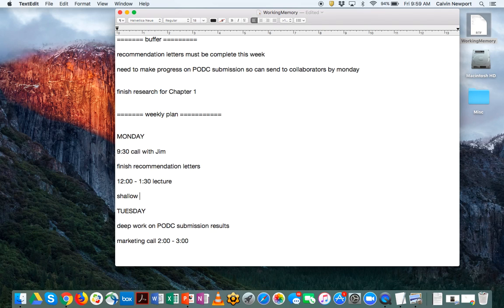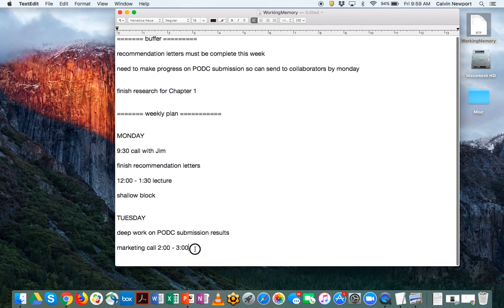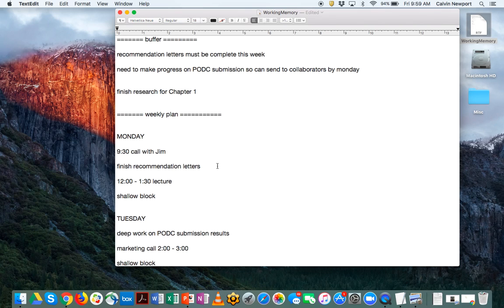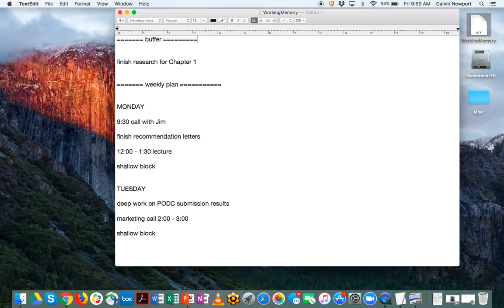Maybe after the lecture, I'll put a shallow block. That's usually my terminology for trying to make progress on tasks. Maybe a shallow block after this. I'll be pretty tired, I won't have time for deep work, right? So in my weekly plan, as I move things out of the buffer and into the plan, it's essentially a rough daily plan for each day,